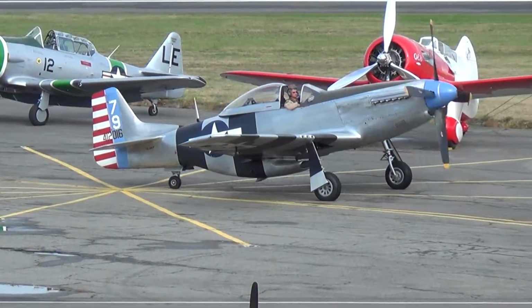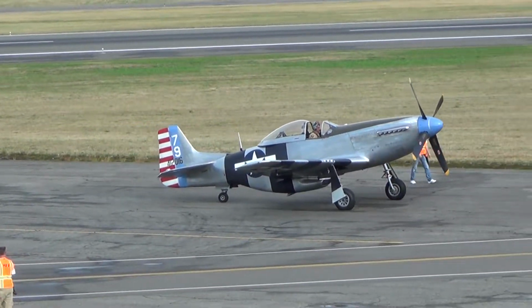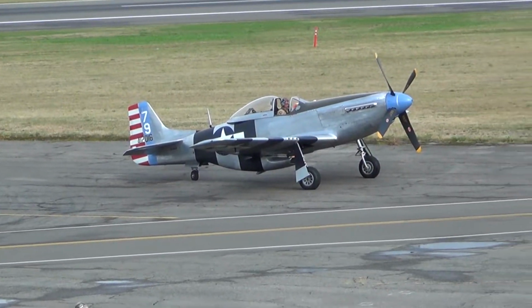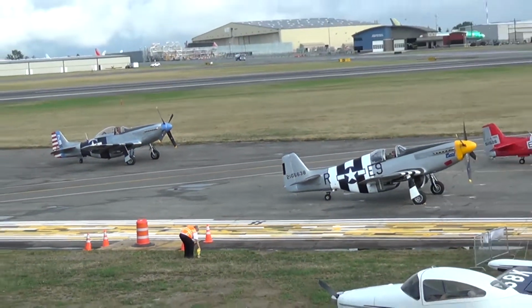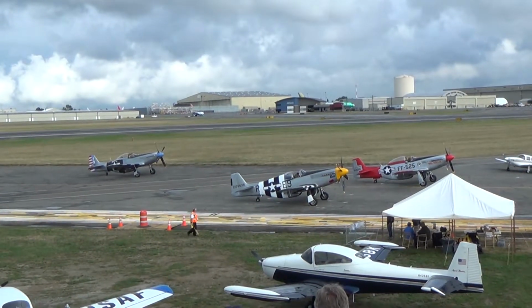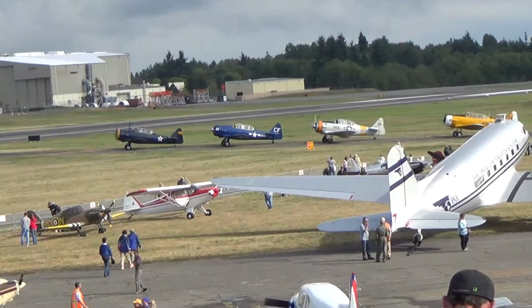Well, we've got the blue Texan, we've got a silver Texan, and the yellow aircraft is actually a Harvard Mark IV. And that's because it served in the Canadian military. And waving to us is Bill Finley, who's going to be flying that particular aircraft. Here in the States, the Texan, of course, was known as the T-6 or the SNJ if it served in Navy colors. And in Canada, we...